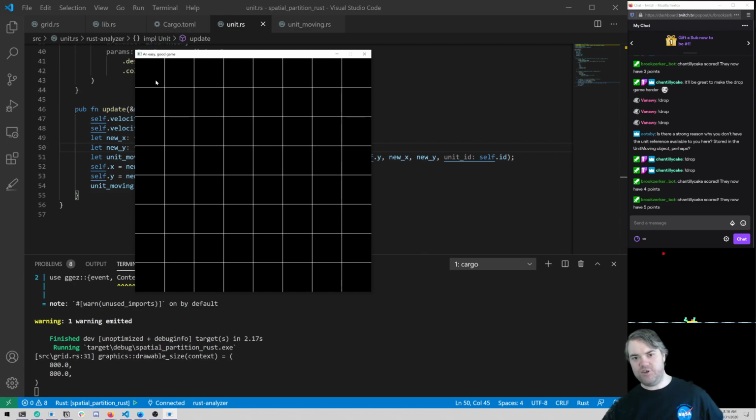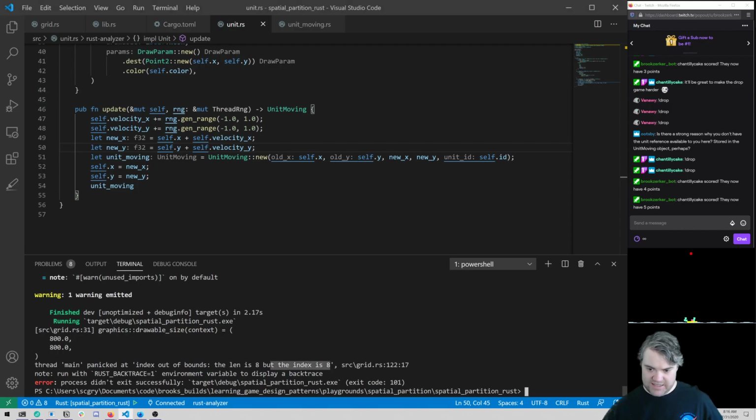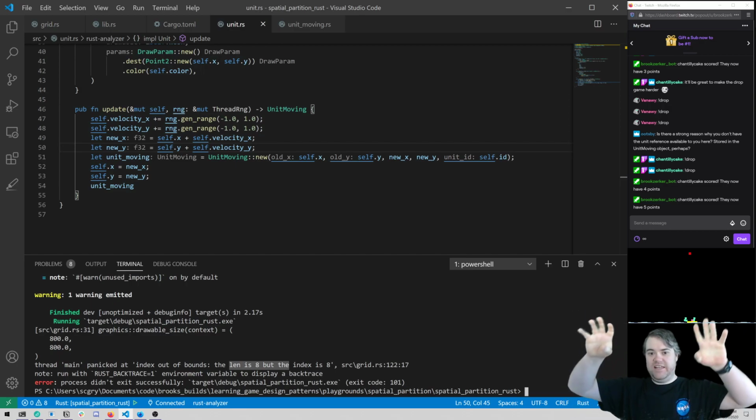Oh wait, do we have a U8 here? I think we're using U8s for the cells, and that's why we can't move to the right of it, because we only have eight of these. But to the left would crash it because it goes below 0. Although dividing won't get us 0, it'll just be 0. Out of bounds, the length is 8, but the index is 8. Yeah, okay. So I would need to also handle connecting with the edges and stopping it, like maybe balancing